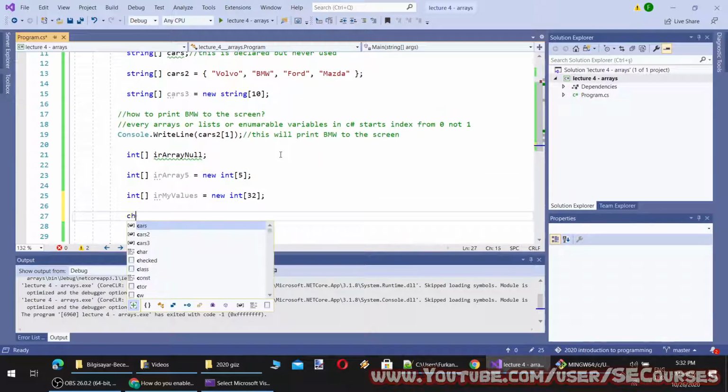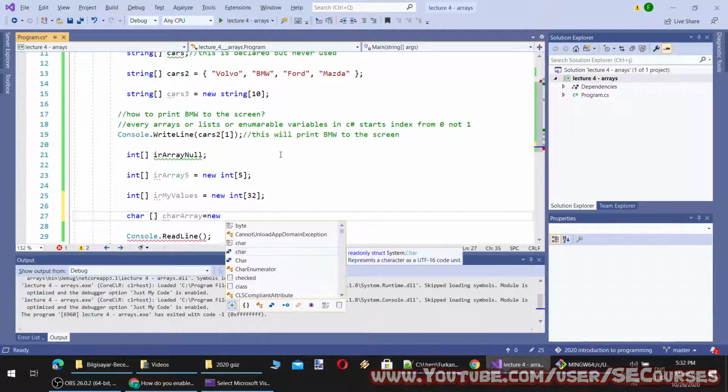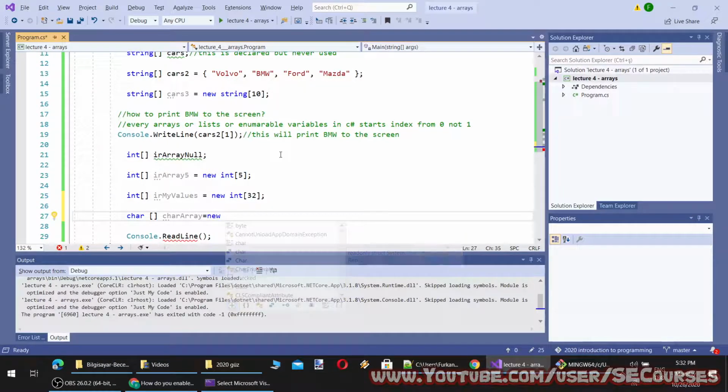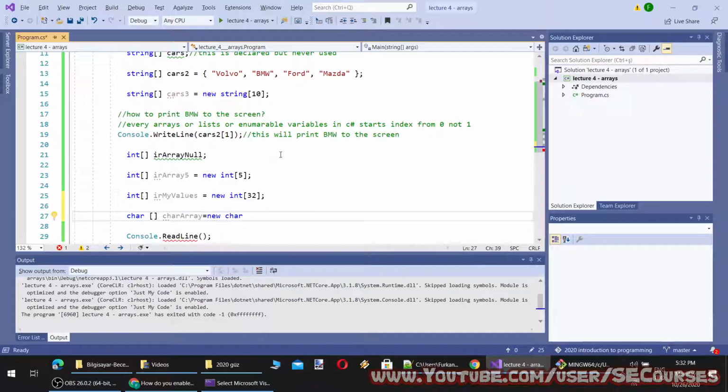Let's make some more examples. For example, let's make a character array equal to new, and I'm going to make it 10 length.